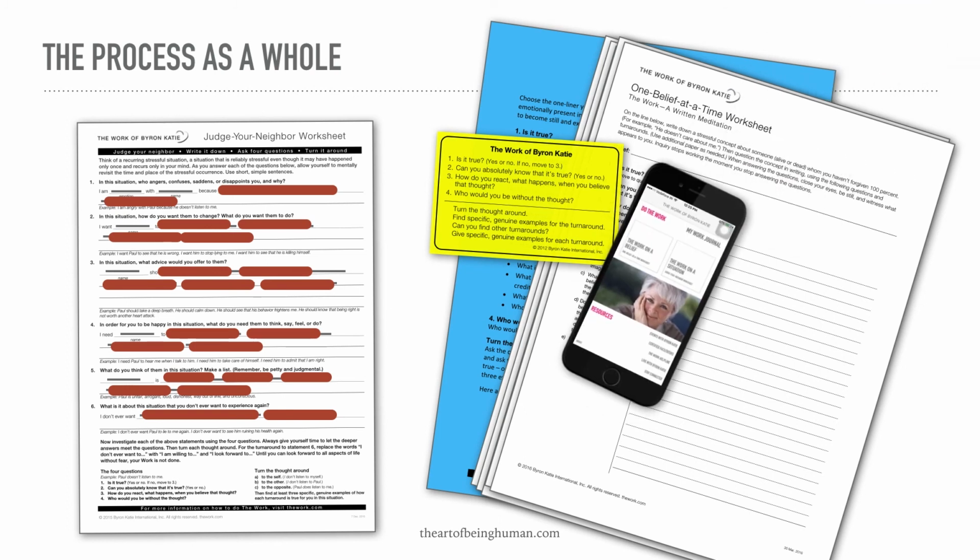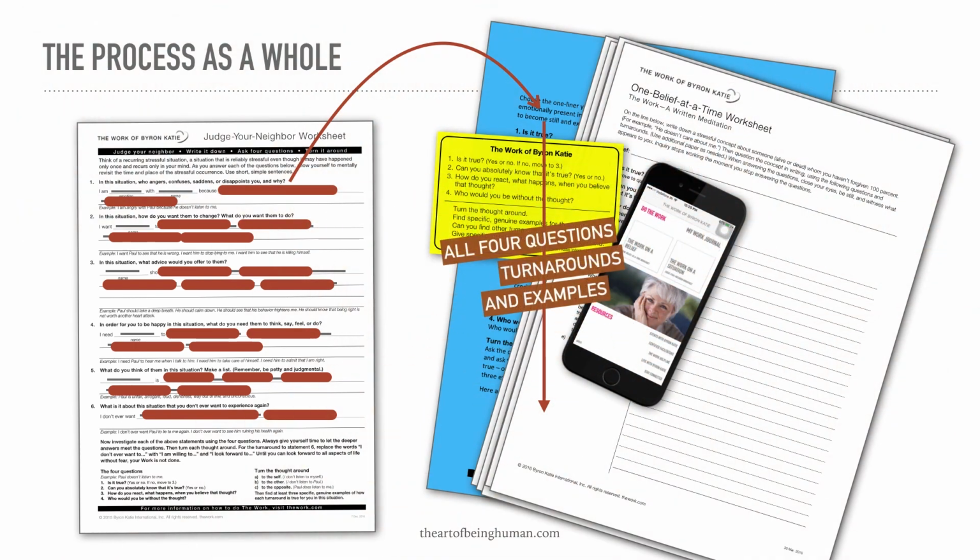Whatever form you prefer, you start at the top of the JYN, picking the first one-liner and taking it through all the 4 questions and the turnarounds, finding examples for each turnaround. Then, once you're done, you pick the next one-liner and take that one through all the 4 questions, turnarounds, and examples, and so on. So please notice that every one-liner goes through the entire process of answering the 4 questions,